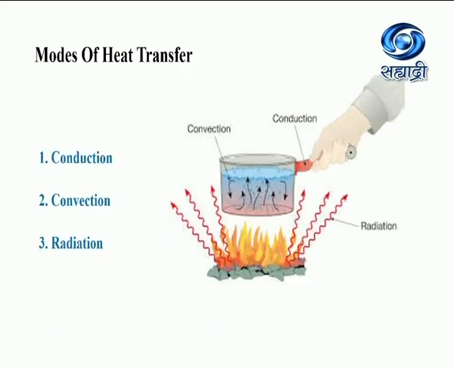In the previous standard, we have learnt different modes of heat transfer. Look at the picture. What do you observe? Water is being heated in a pan over flame. The pan receives the heat from flame in the form of radiation. When the water receives the heat, molecules of water start moving away from the source. This type of heat transfer is called convection. Conduction is the mode of heat transfer through physical contact. Thus, there are three modes of heat transfer: conduction, convection, and radiation.